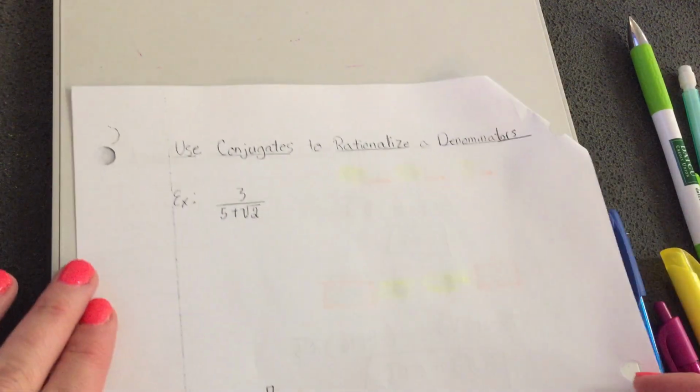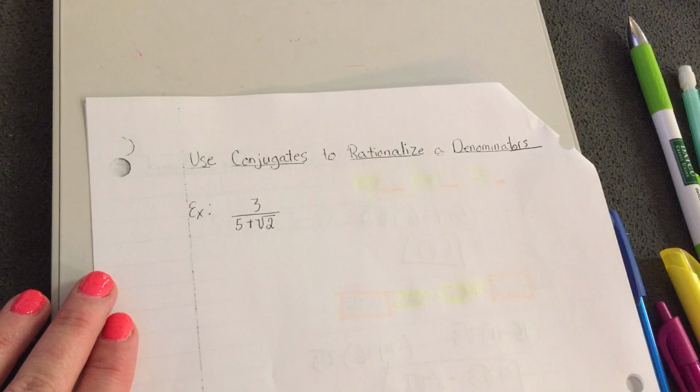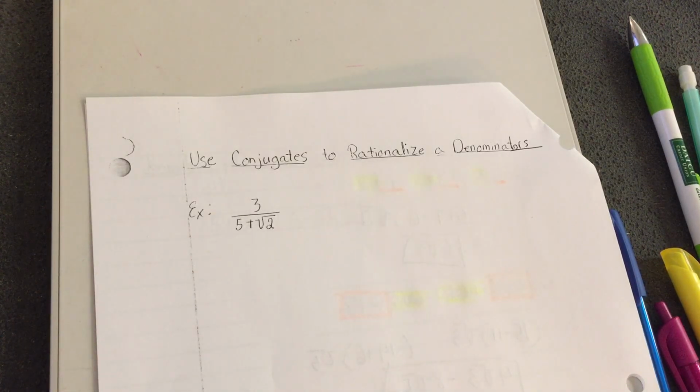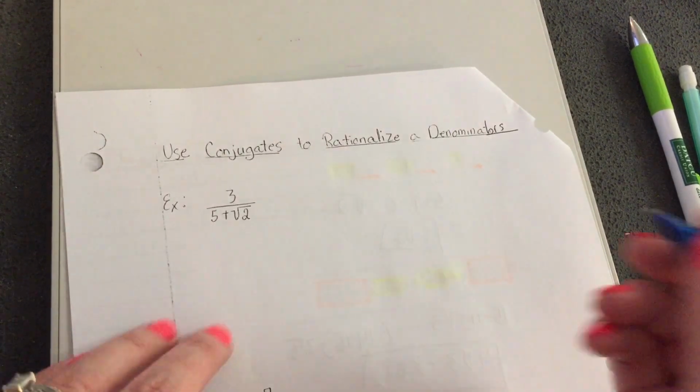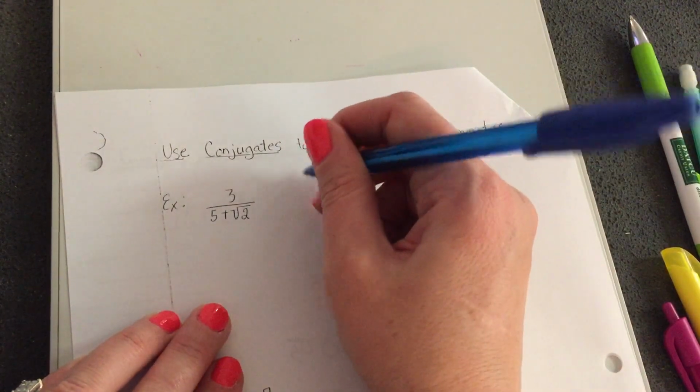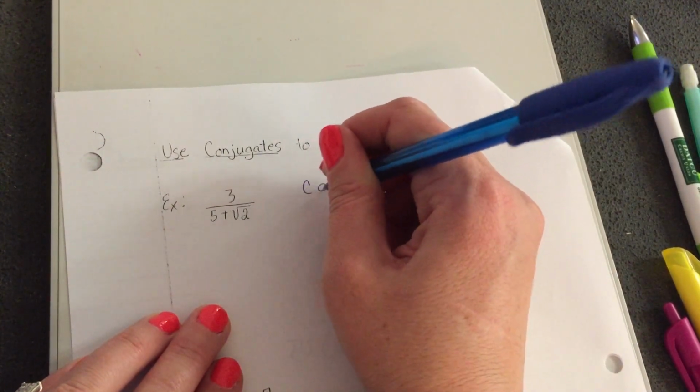All right, use conjugates to rationalize a denominator. So yesterday we had to rationalize the denominator, but we didn't have something added to it or subtracted to it, okay? Today we have that. So what we're going to do is use conjugates. Now a conjugate